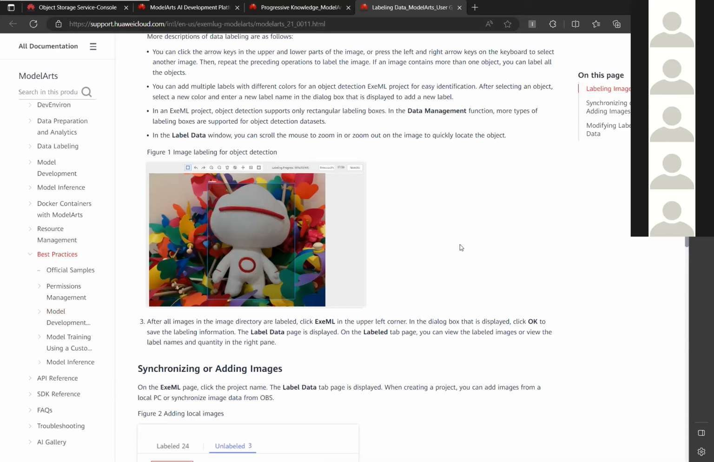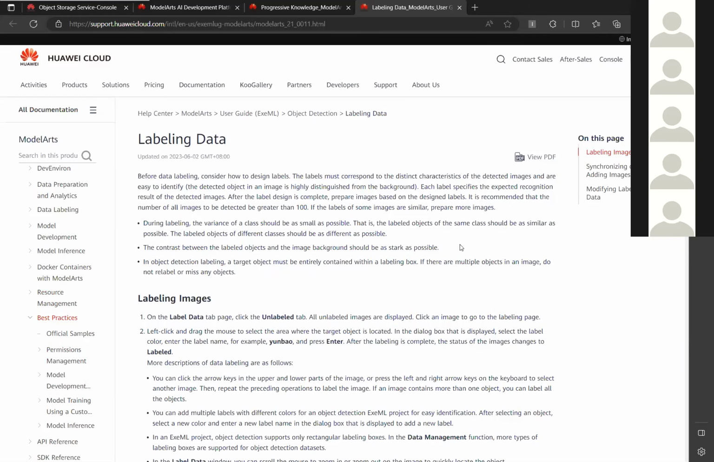All right, so this is actually very useful. You can follow the guide step by step, and then you can try on the image classification, object detection, and all these other three things here. You can learn how to use the tools, ModelArts. Okay, so